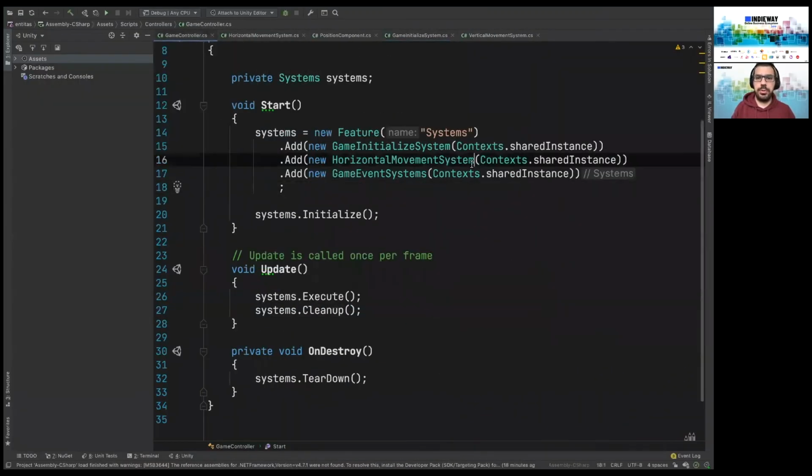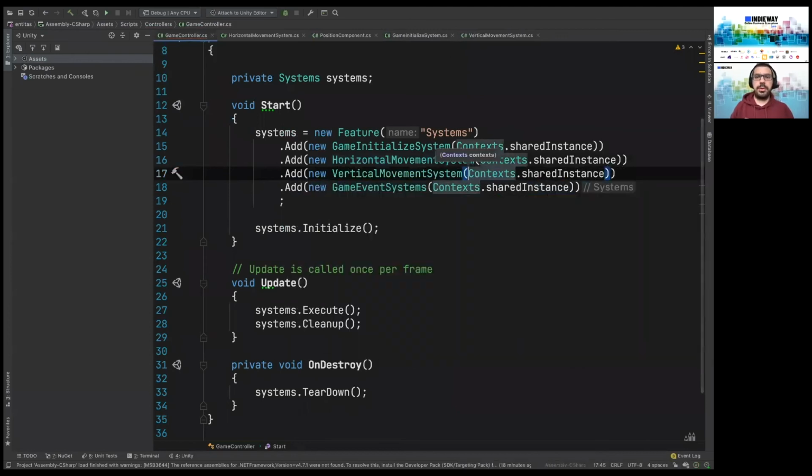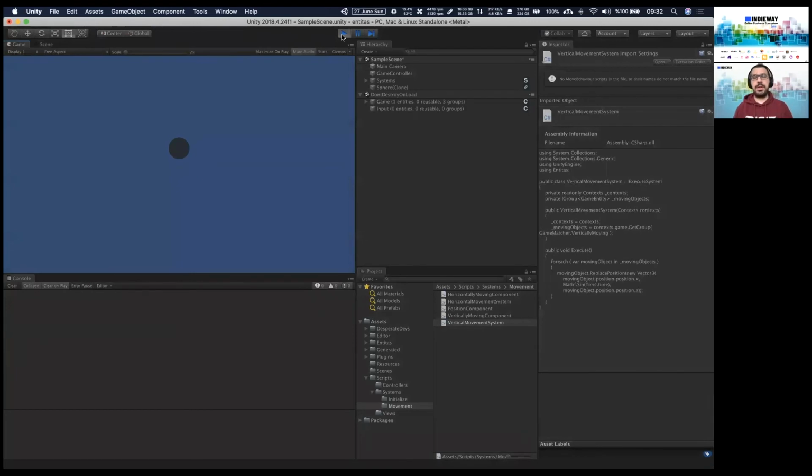Of course, we go to game controller. Here it won't operate. We add system. As you see, I do not change the horizontal movement system. I do not exclude it, include it. It still continues operating, but on the entity, as there is no horizontal movement, it's not going to horizontally move that entity. It is only going to move it up and down. And now you see that.